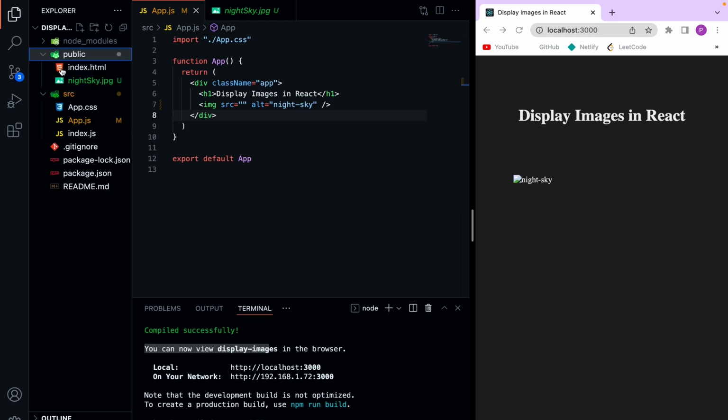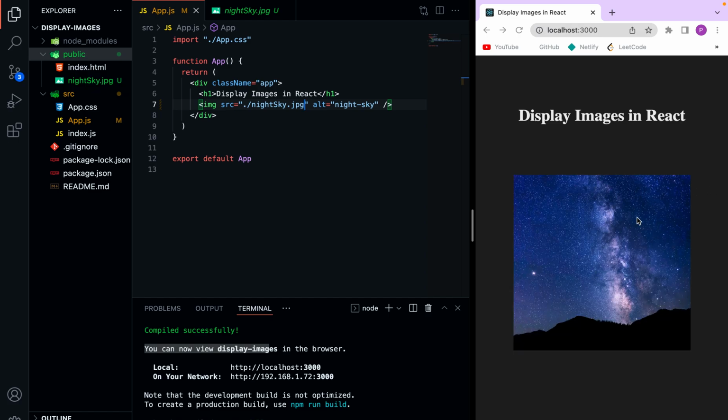So I'll open this up just so we can see that this is inside the public folder, and I should be able to type ./night_sky.jpg. If I save, we see that the image comes back up here. And notice that because it's inside the public folder, you don't actually have to type the first part of the path to get to the public folder. You just need this ending of the relative path right here,